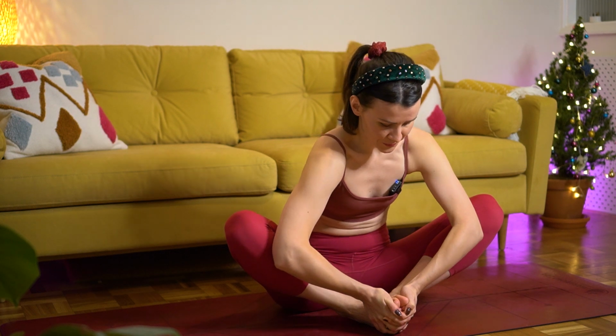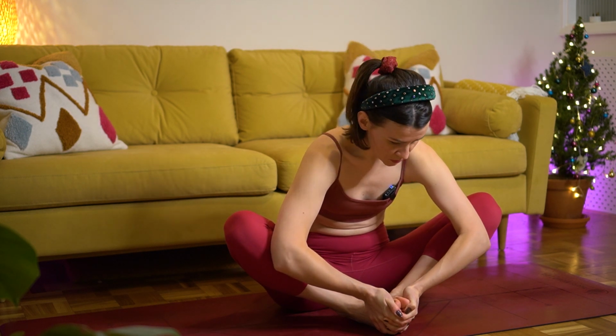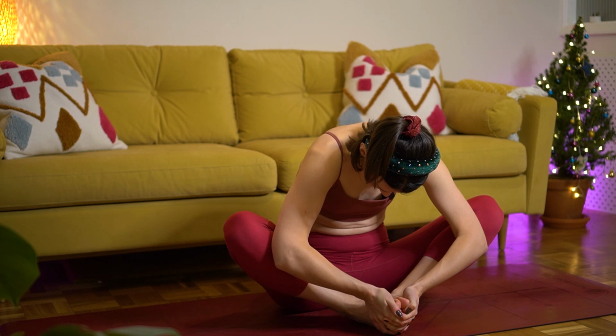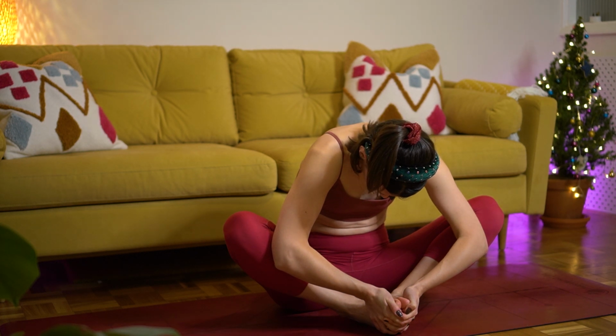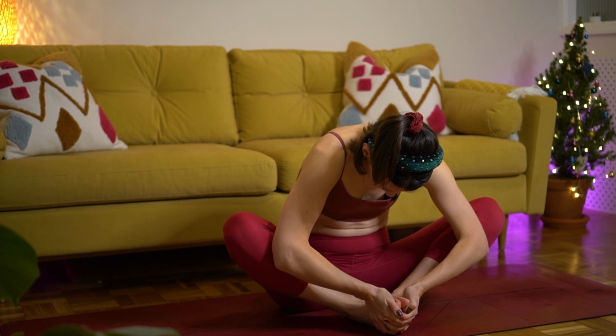And exhale, maybe you will bend your elbows and bring your chest closer towards your feet. Maybe it will be just a little bit. Maybe you will be able to fold completely. Relax your shoulders and your neck. Inhale and feel that gentle expansion of the skin of the back as you inhale. And exhale